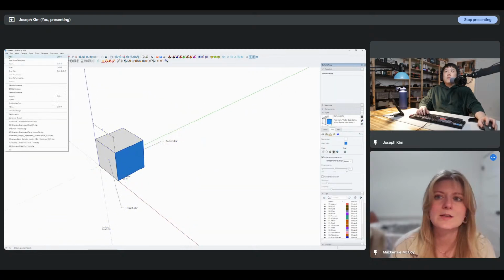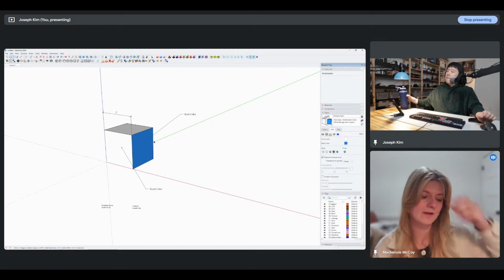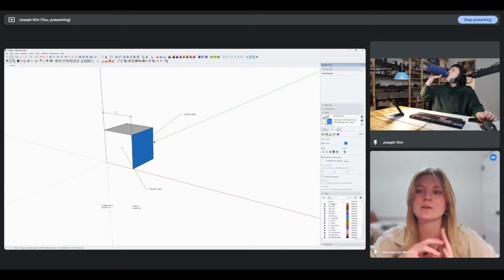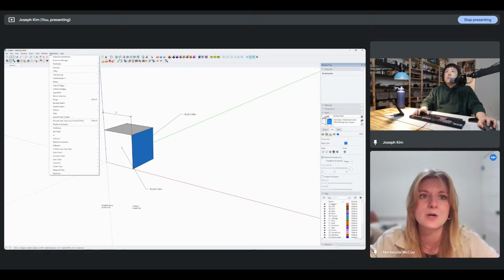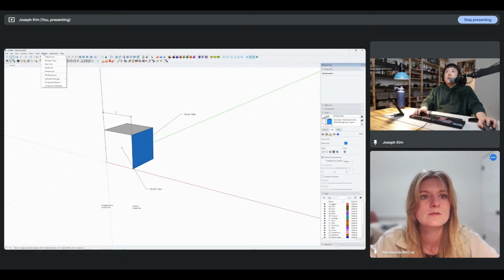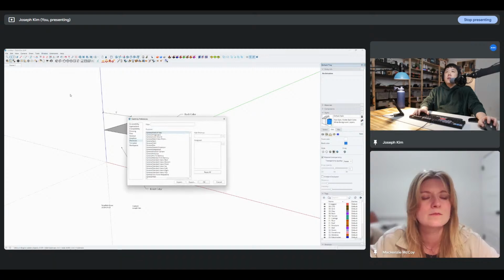I have a question. Sure. So in Revit, whenever you open up a new file, you can kind of select from multiple templates. Do you have that same capability in this where you can say like, oh, I want to do a different template for this project? Yes. So there is a welcome screen